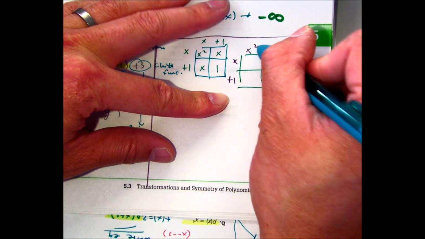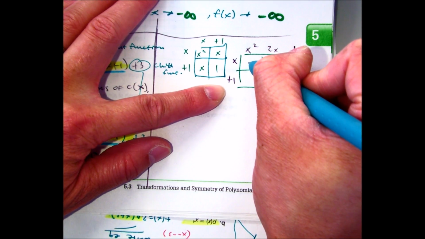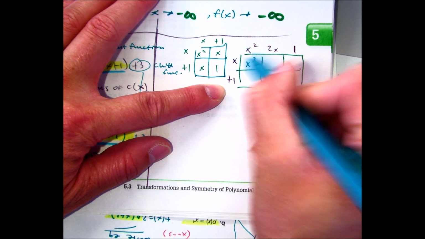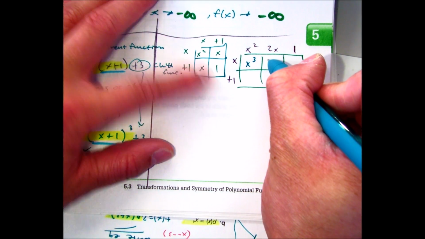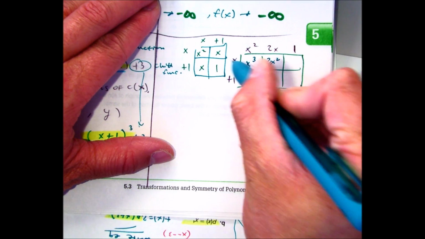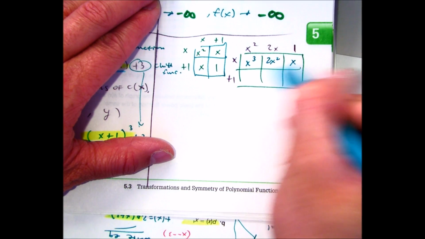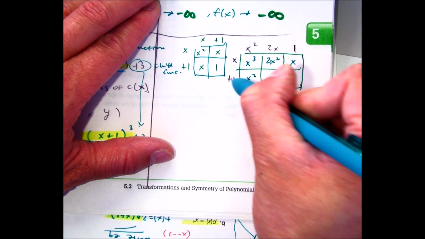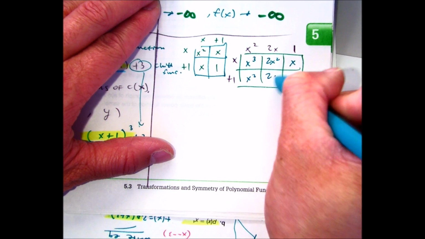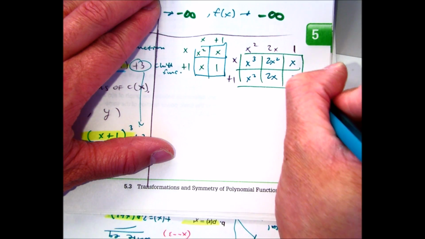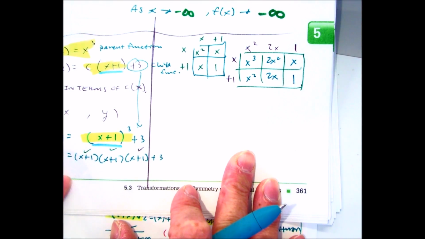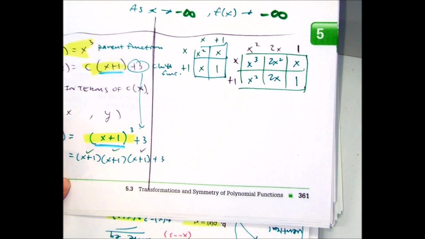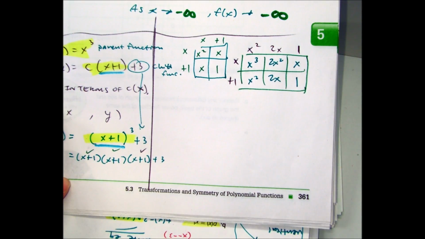Class, let's go ahead and multiply. X cubed, 2x squared, x squared, 2x, and 1. So if I go ahead and combine like terms,